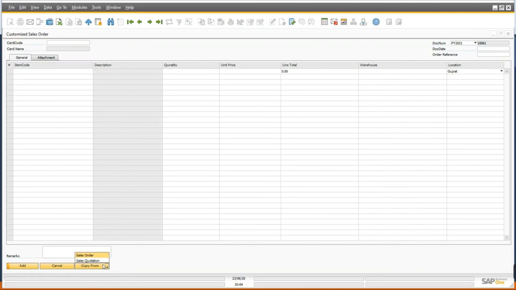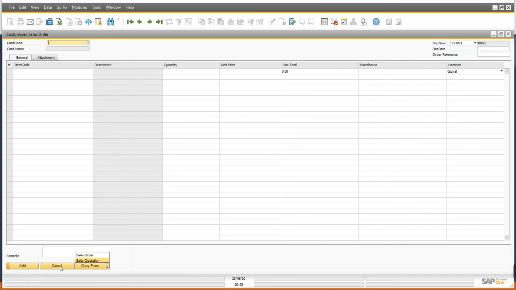The combo button is generally seen on the sales quotation, sales order, delivery form, copy from. So it is used when you want to copy data from a list of documents. You might copy data from a list of documents to your current document, so you can use this combo button. So in this way we have completed this session.